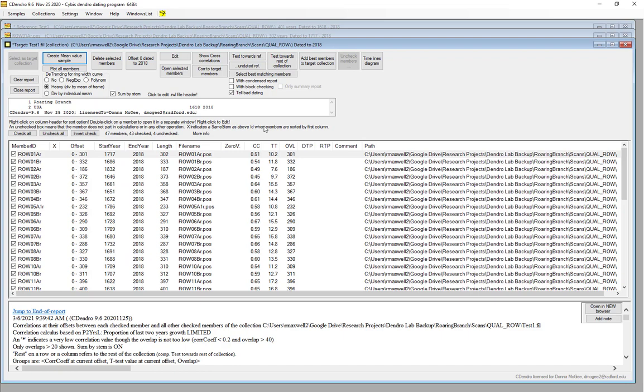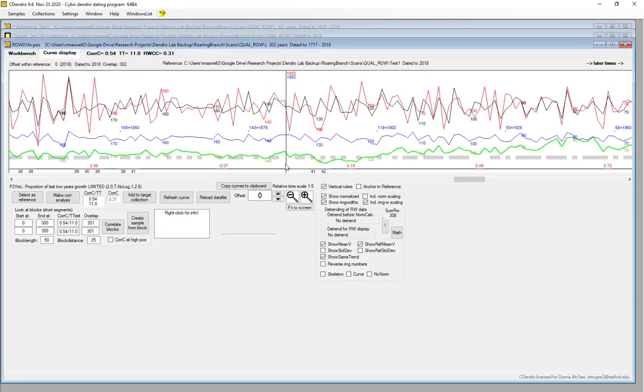And the last thing I want to emphasize is, don't just look at those numbers for correlation coefficients and t-values and think, oh, well, it's pretty high, it's well dated. You want to make sure that you really dig in and look at that dating across time in those individual segments, because while this has a 0.54 correlation, which may be acceptable for White Oak in a place that has a lot of stand dynamics, there could be still areas where there are dating problems and shifts need to be made, rings need to be inserted. So always go back to the wood. Don't just trust the statistics of the program, and that will make you a better dendrochronologist.